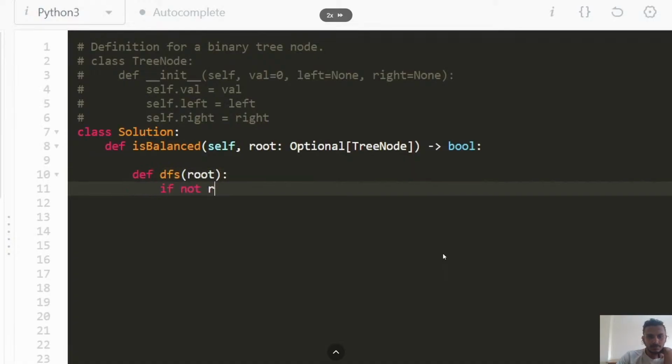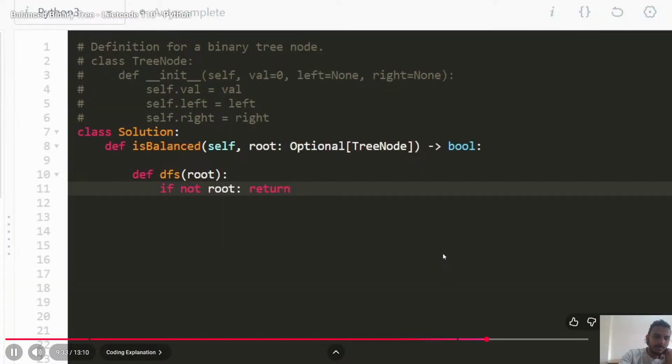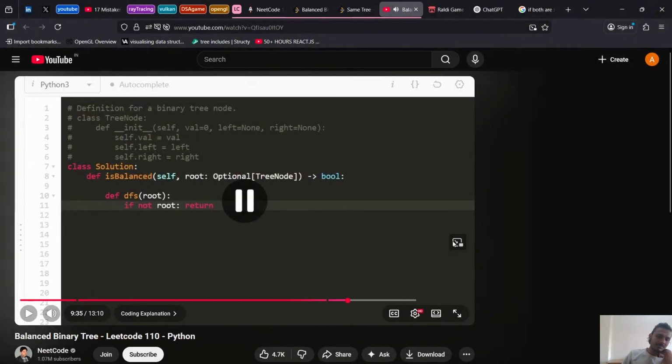If the root is null, right? This means that we have an empty tree. So is an empty